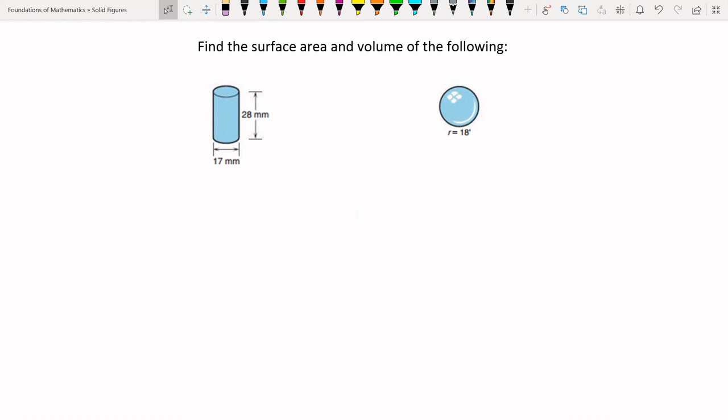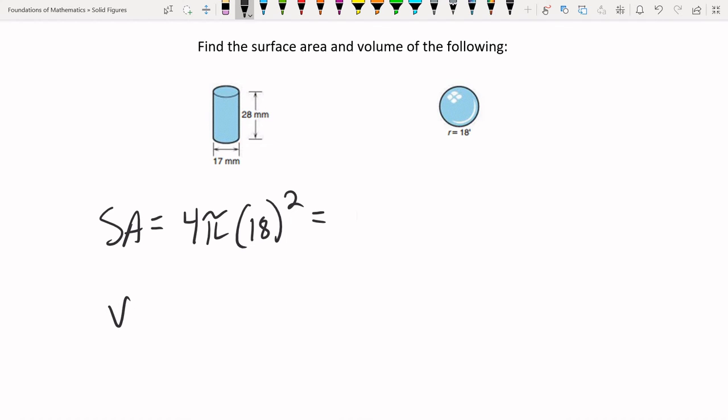All right, now we move on to the sphere. This one's quite simple because we can only really give you the formula for it. We have 4 pi r squared. The radius is given as 18 feet. And then of course the volume is 4/3 pi times the radius cubed. Doing those in a calculator gives me,